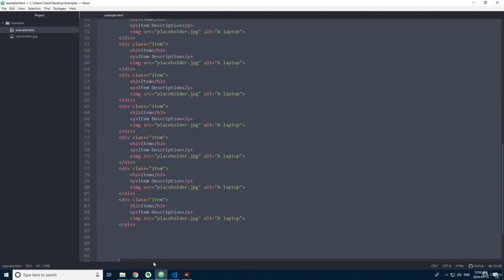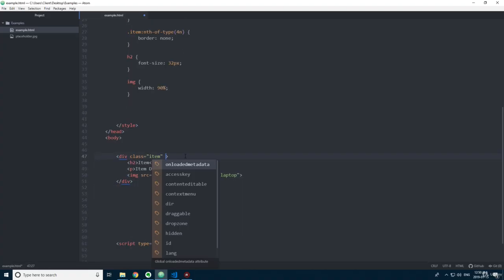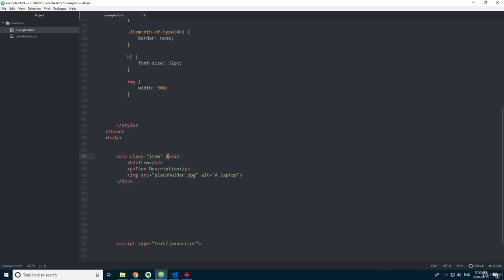Actually, let me not copy it right now because I want to put some data in here. So how the data attribute works is you start off with data. You just spell data, then you put a dash, and then the name of the data. So it could be anything. For this one, I'm putting price, and then here you would put the price. So 249. That would be the price right there. And then another one,